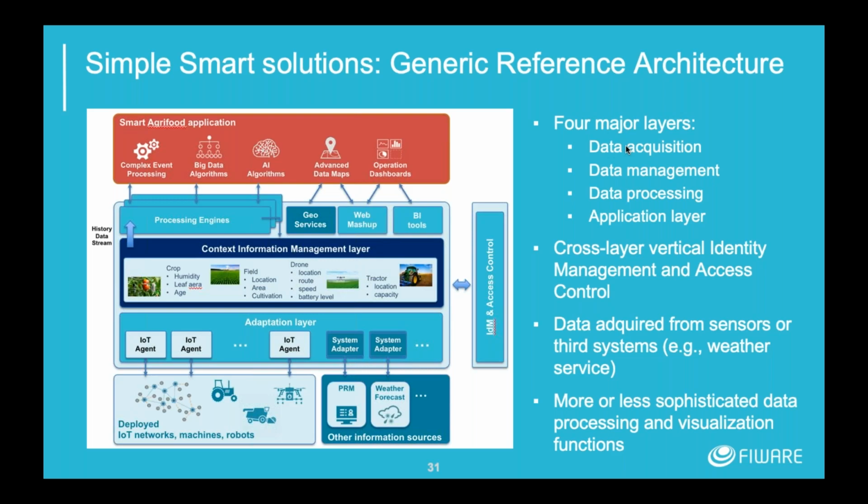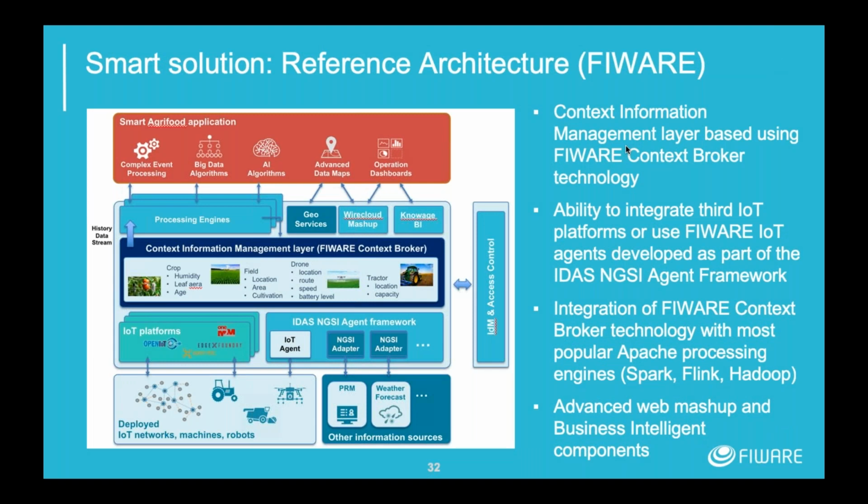From the context broker onwards, everything is NGSI and covers our system, so you can use our access control to let people in and out as necessary, and then we can talk to other processing layers on top. We can also retrieve information from third parties, such as weather web services, to augment the existing context information, so that when you are receiving the information on the top layer, you've got an overall view of the context, not necessarily just what's in the devices themselves. You will see that the reference architecture is very similar depending on which system you are looking at.